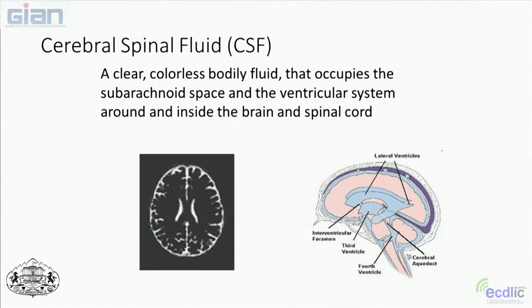So you can see here in the picture on the right that you have quite a bit of area that just has fluid in it in the brain. So those are the larger ventricles in the middle, and that's what you see when you look at a slice of brain in the axial direction. You also have a third and a fourth ventricle that are further back in the brain. And the cerebral spinal fluid, as you can probably guess from the name, goes all the way down into the spinal cord and helps keep all of that area bathed in moisture and nutrients.